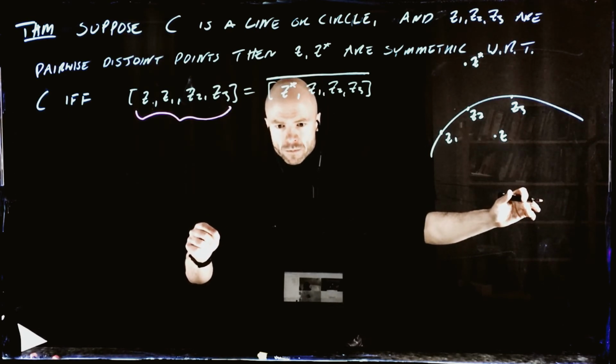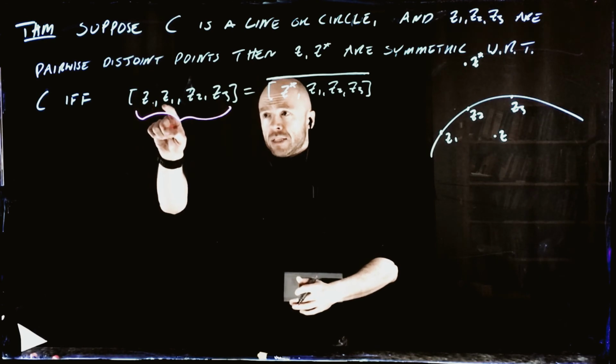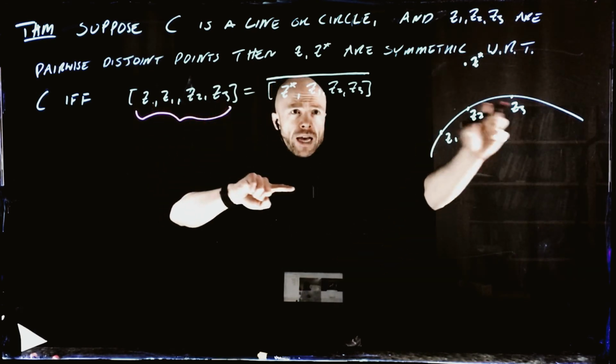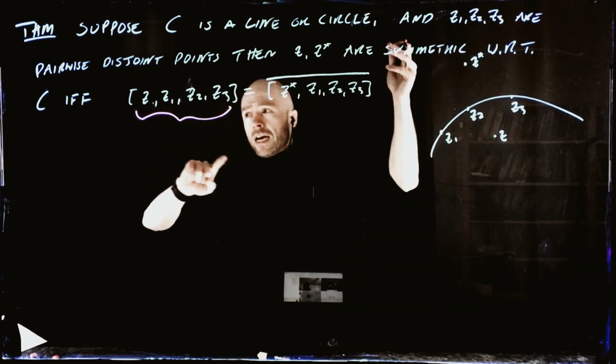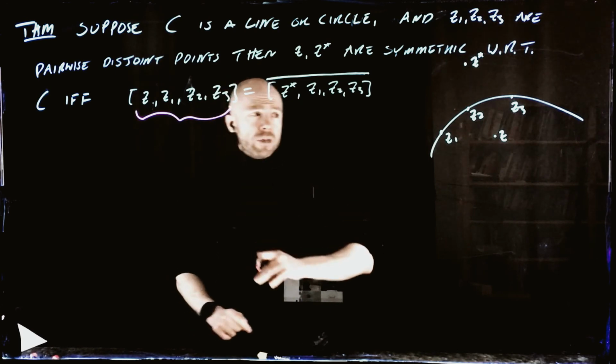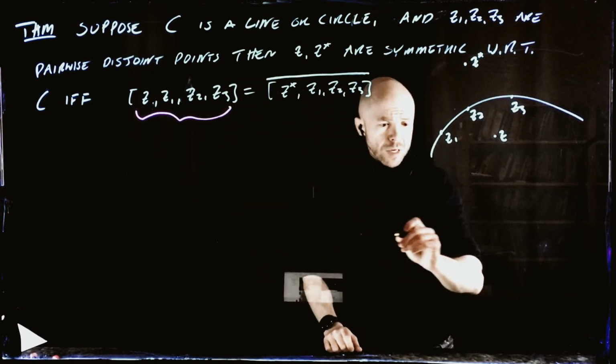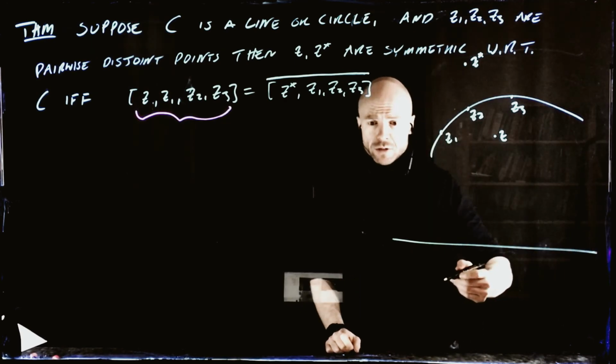Yeah? So this Mobius transform is sending whatever we have, whatever C is, line or circle, onto the real line. Yeah? So what this statement is saying is that once we take whatever object we have, line or circle, we take a Mobius transform to map it onto the real line,